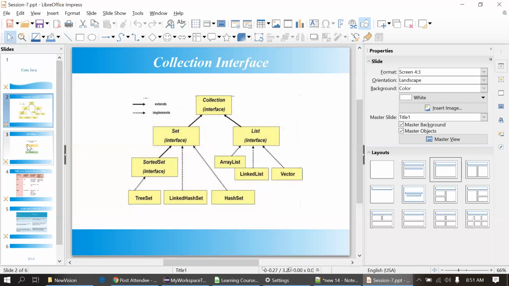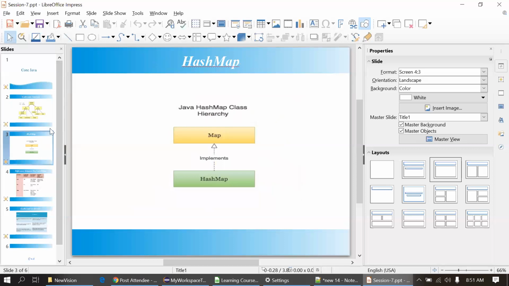Okay. So next I'm moving to the hash map. So actually hash map does not belong to the collection family, but still it is considered part of the collection family. So hash map is a class and it implements the map interface. Just remember this part about the hash map. And it has a key value pair, like name: we can provide the name, then address: we can provide the address. It's a key value pair simply. That I'll also show in the practical.